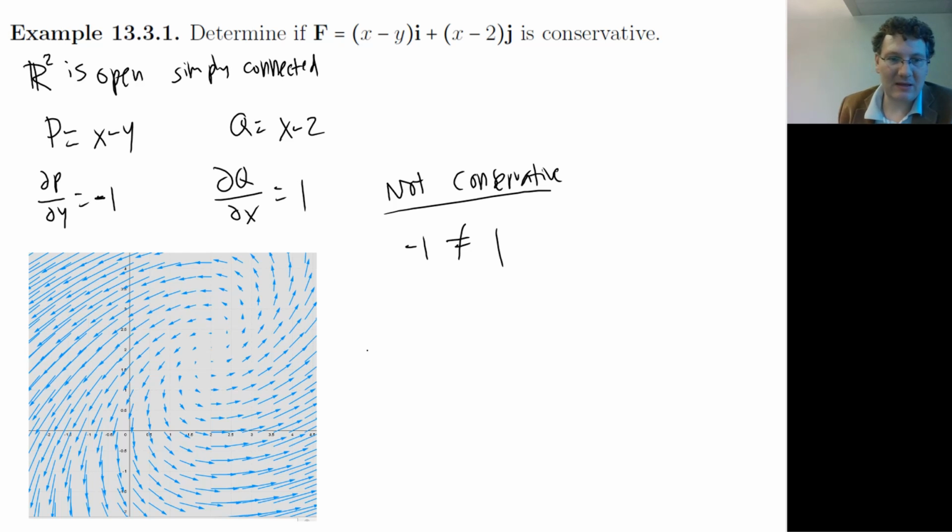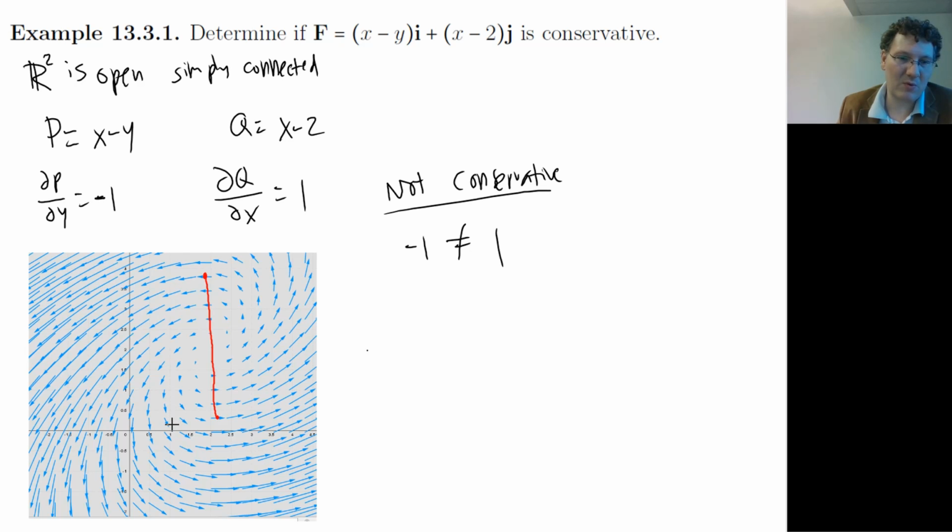And actually, once you get a little bit of practice, you can tell it's not conservative just from looking at the vector field. Whenever you have these kind of swirls, vortices, and stuff, that's an indication that it's not a conservative vector field. For example, you can plot a couple paths from some starting point, let's say if I was going to go from here to here, if I go straight down this way,